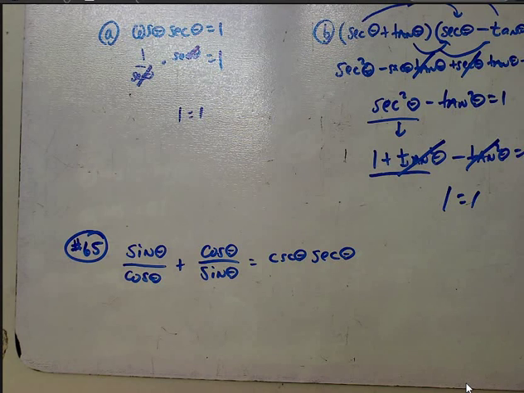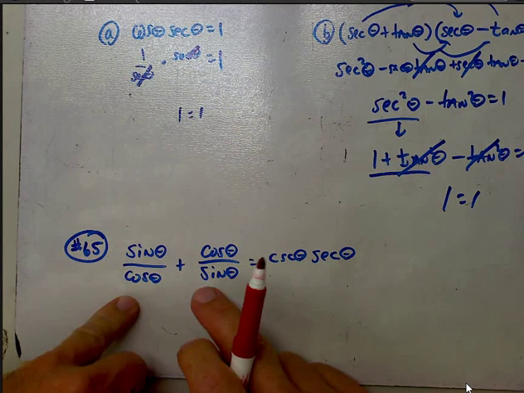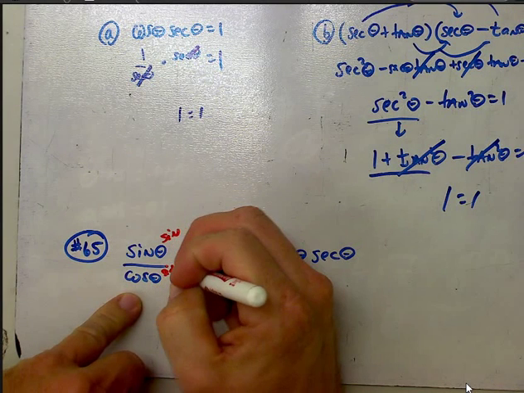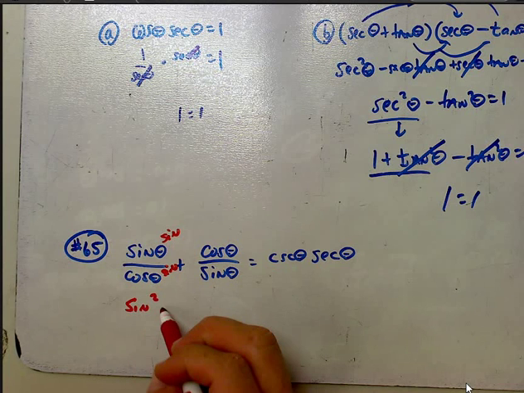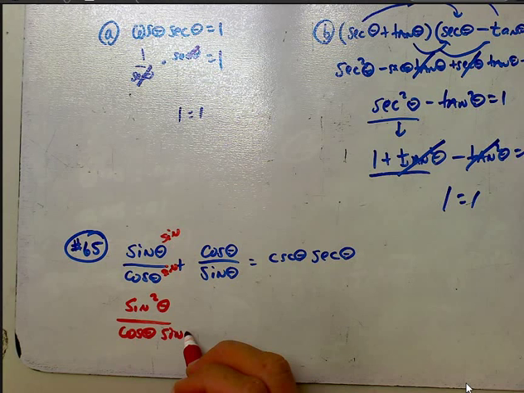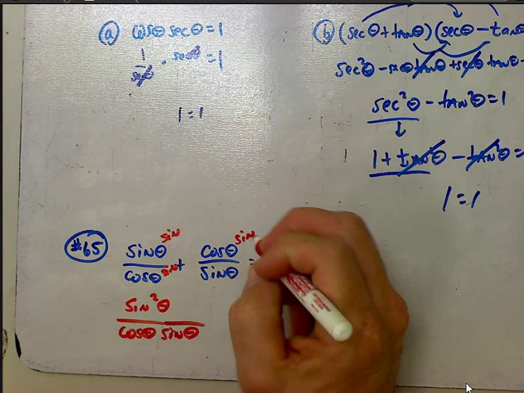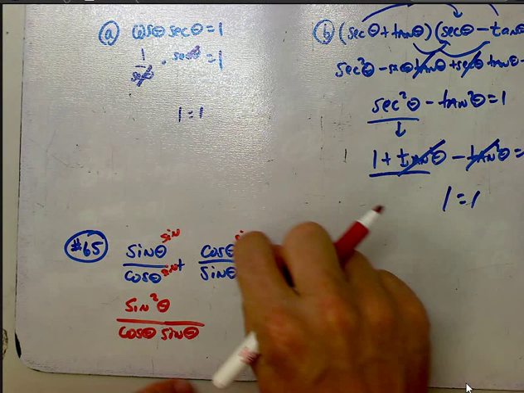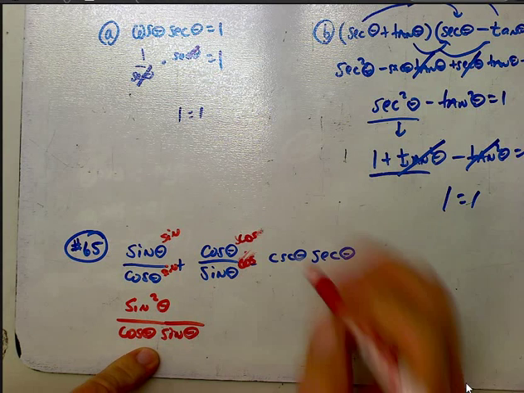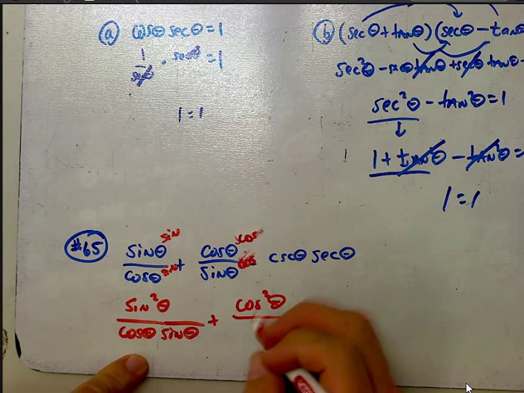First thing I noticed, to add these two fractions together, the common denominator has to be cosine times sine. So I'll multiply this one times sine over sine, and that'll give me sine squared of theta over cosine theta sine theta. Then we'll multiply this one times sine over sine. Nope, that's incorrect. This one needs cosine, so multiply by cosine over cosine. And so that's going to be plus cosine squared of theta over cosine theta